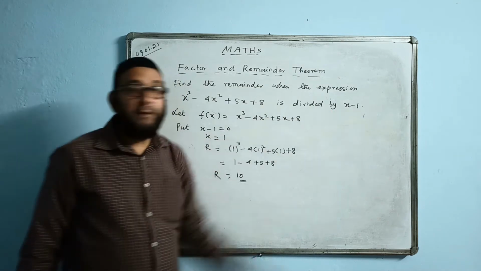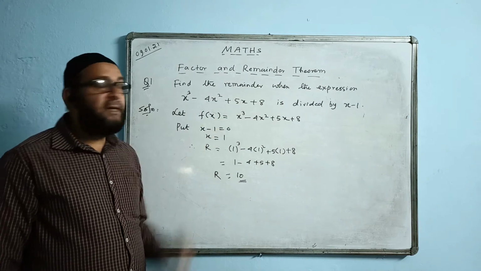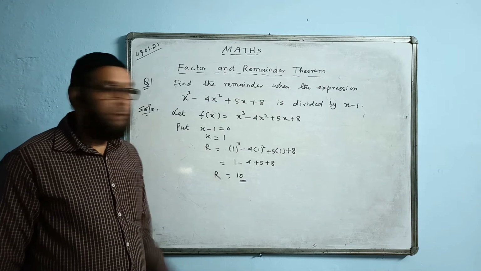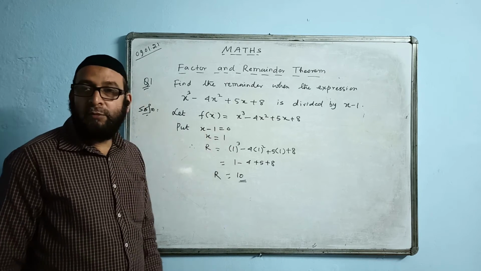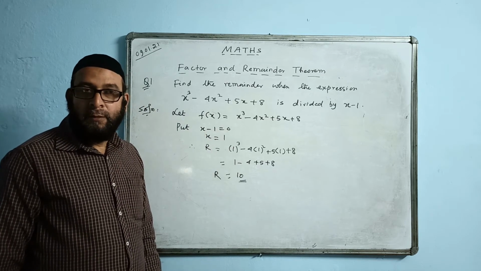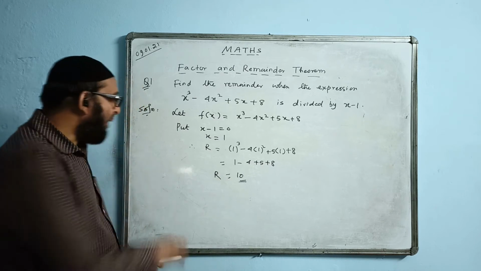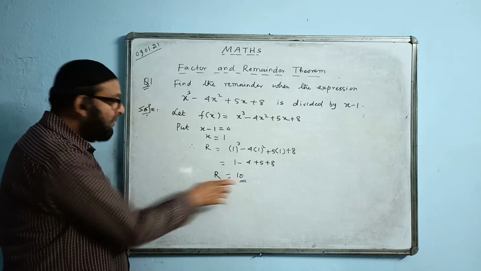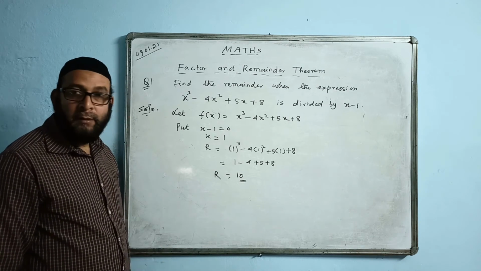Divided by x minus 1 given, no? When the expression is divided by x minus 1, you take whatever you are dividing with, make that equal to 0, and the x value you get you have to put in, and find the value of remainder. Remainder is coming 10. And when you actually divide, then also the answer will come 10, but that will take longer time.